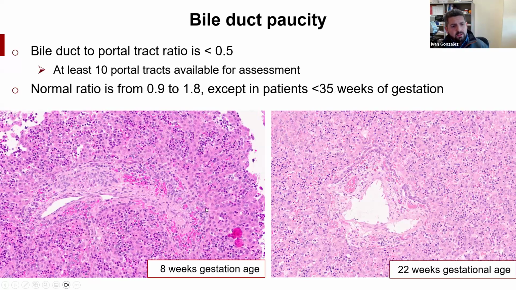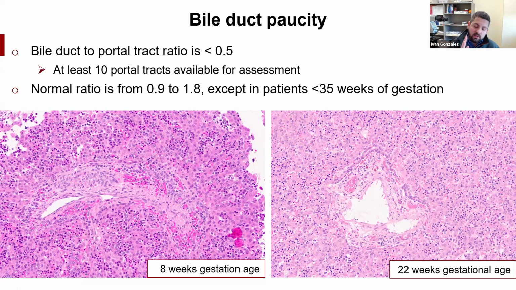So these are 2 autopsies. This patient is at 8 weeks, this is at 22 weeks. And I'm just showing this photo to show how the bile ducts actually form. So they form in the limiting plate. At the beginning, you have a single cell line of cuboidal columnar cells. They eventually get a double layer, and eventually that double layer gets dilated, forming a kind of duct plate configuration. And those that are proximal to the portal line will continue to mature. Eventually, they will go inside the portal tract and form your definitive interlobular bile ducts. Those that are not close to the portal line will just atrophy and go to apoptosis.